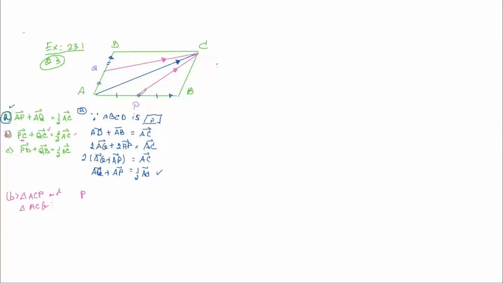PC, I can have PA plus AC. So I have PA plus AC, the vector of PA and the vector of AC. So you see the common point here, A. So I got PC, correct? Same as this one. Okay, now next, plus